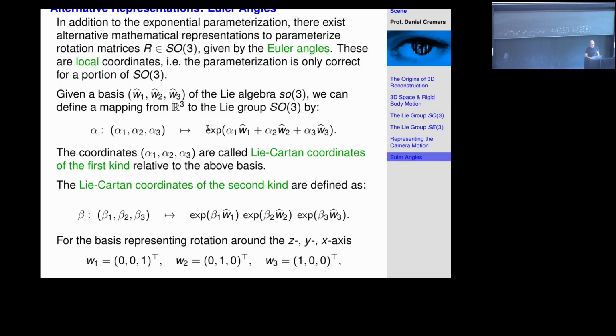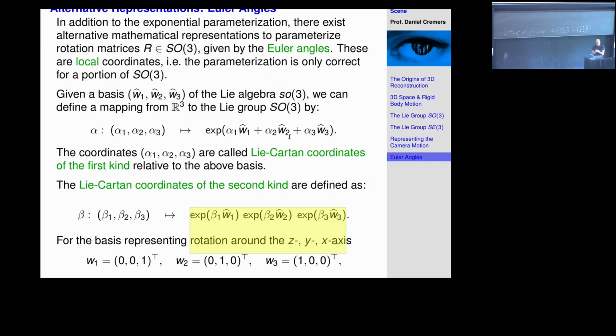And if you have to do that all the time, then think about using the Lie-Cartan coordinates of the first kind, because then you just have one single exponentiation and matrix summations, which is fast, whereas here you have three exponentiations and matrix multiplication, which at least in my view should be much slower, right? But then again, it depends what you're doing, right? So keep in mind there are these two possibilities, but ultimately it really doesn't matter in practice up to computational